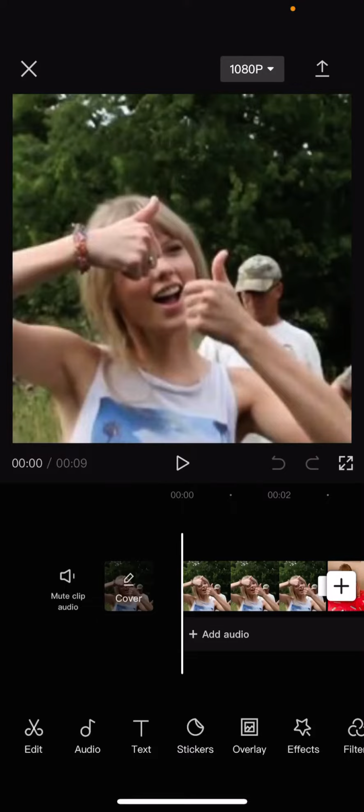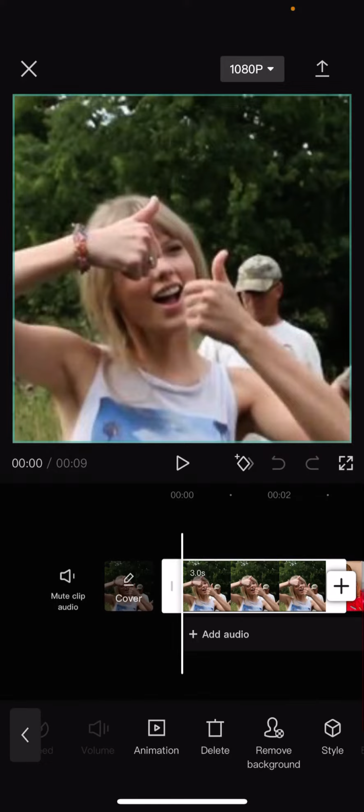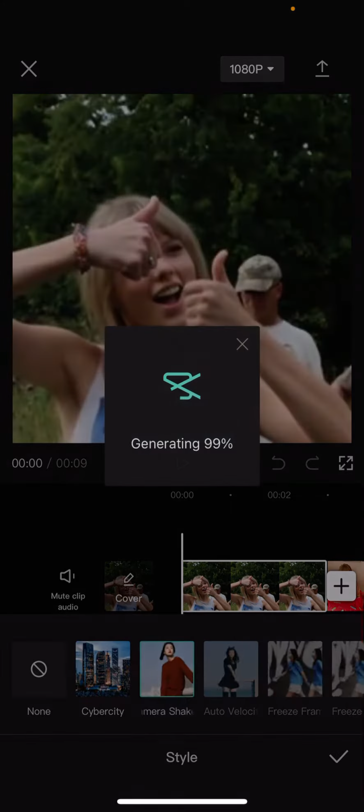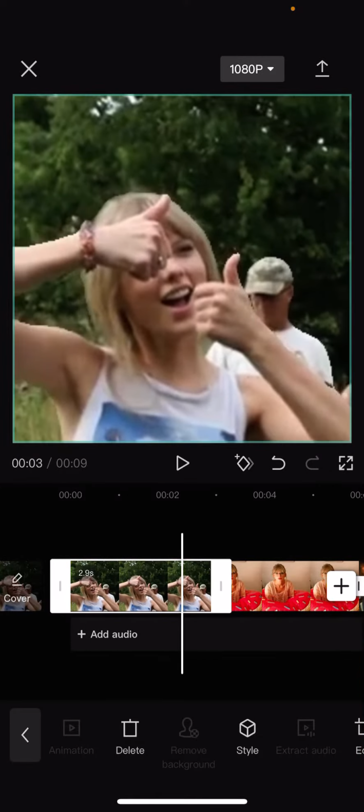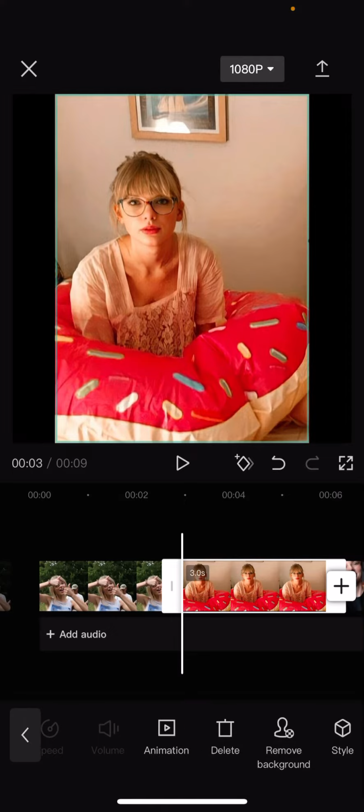In this video I'll be showing you guys how you can add in a shake effect on CapCut to your video. To your pictures. So press on a picture and then go to style. Then you are going to go to camera shake to just basically make it shake, or you can even add in